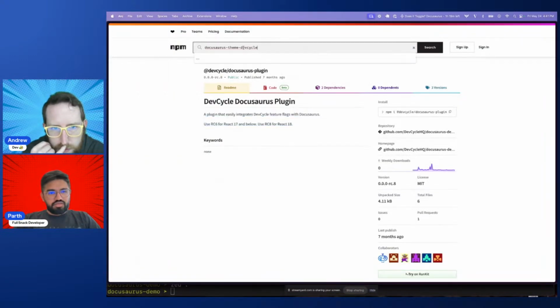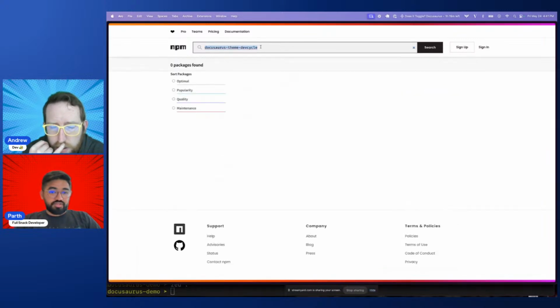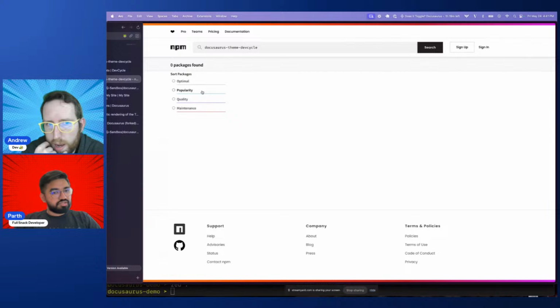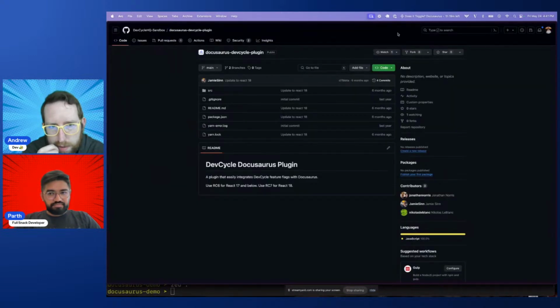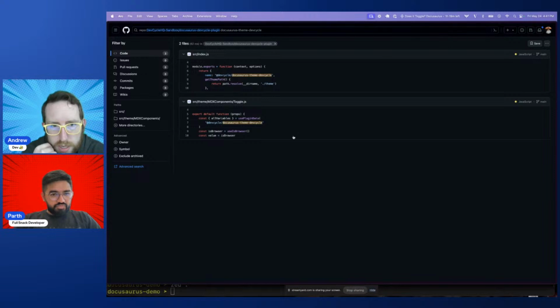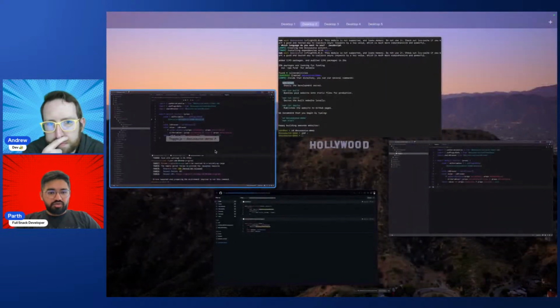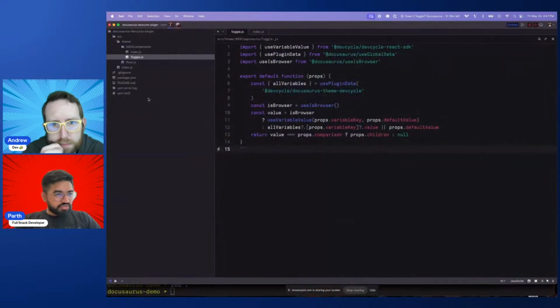Let's see. No, it's not. Docusaurus theme DEVCYCLE doesn't show up. Go try just our Sandbox? Yeah, try Sandbox and see if it's somewhere. It might be in labs or even official, actually. Well, you're just searching inside the plugin right now. Yes, because what it's doing is getting it from the .theme folder. So let me click on the plugin real quick. So the plugin has a .theme folder, which is